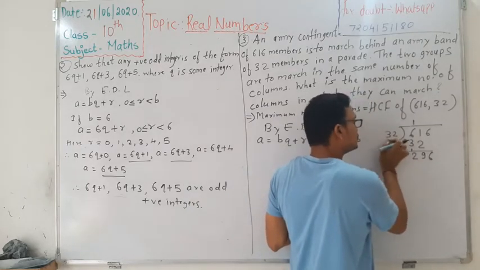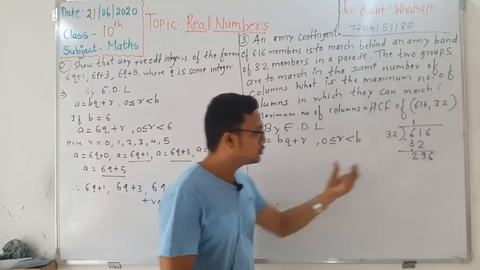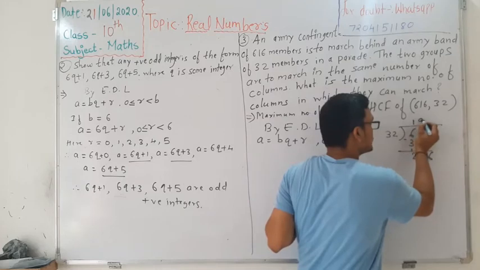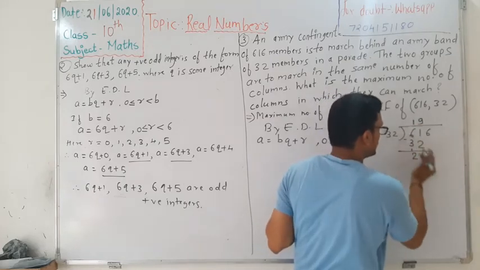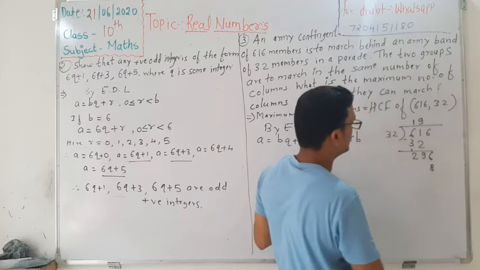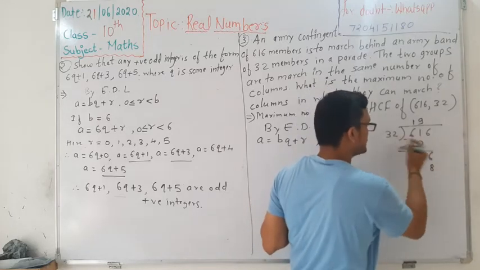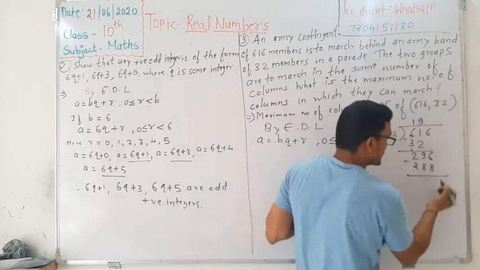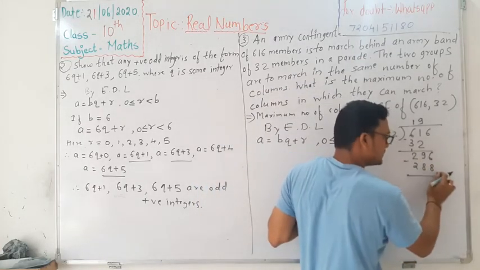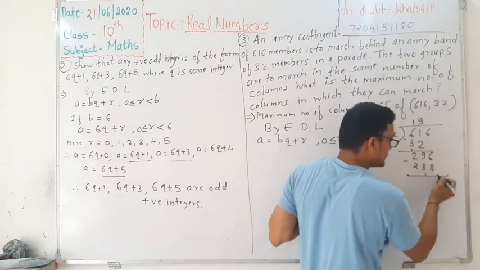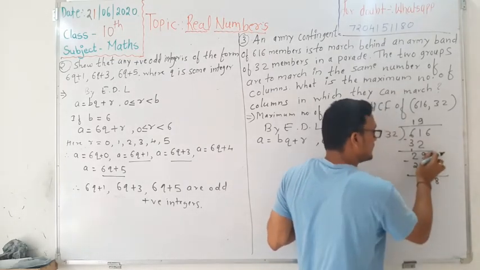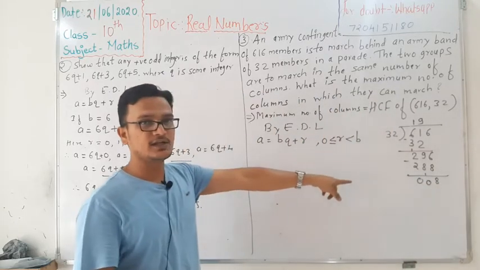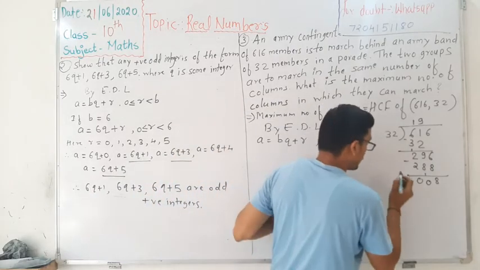Again to this 32 we have to multiply some number to get this remainder or nearer to that. So I will choose the number 9. So 9 times 2 is 18, 1 carry, 9 times 3 is 27, means it is 28. Do the subtraction of this. Again 6 minus 8 is not possible, carry 1. It is 16 minus 8, which will be 8. Then 9 minus 9 will be 0, but still the remainder is not 0. Again you have to carry forward to the next step.